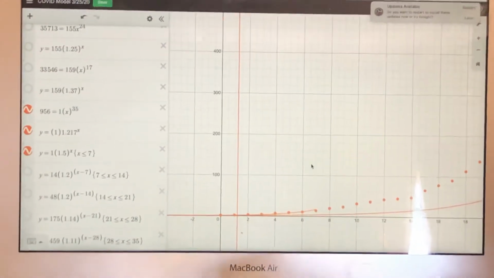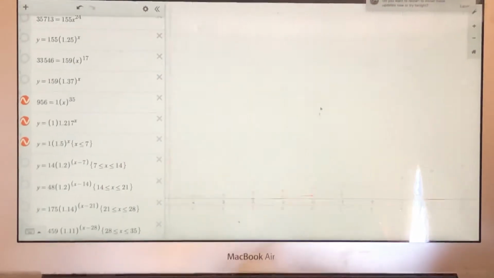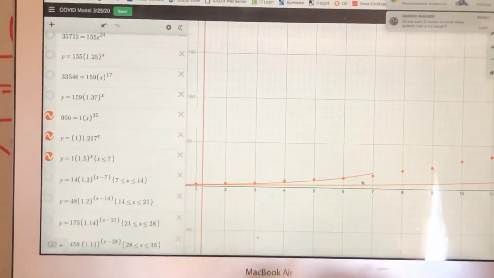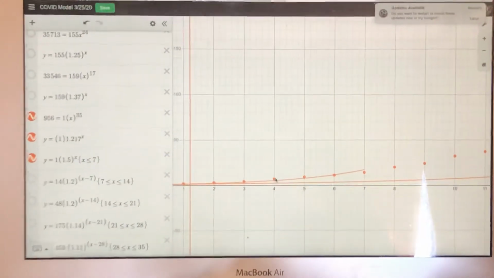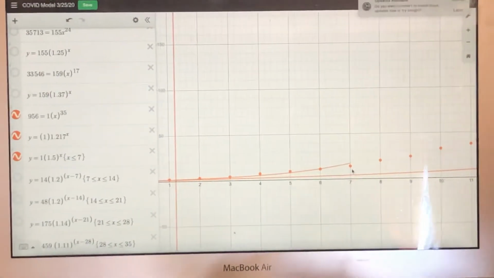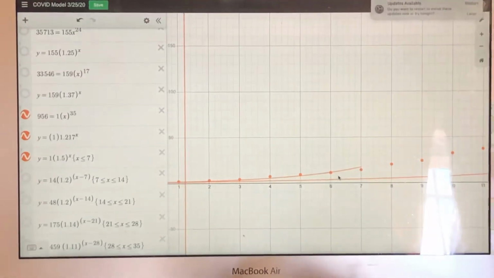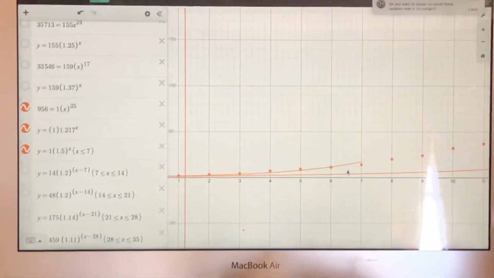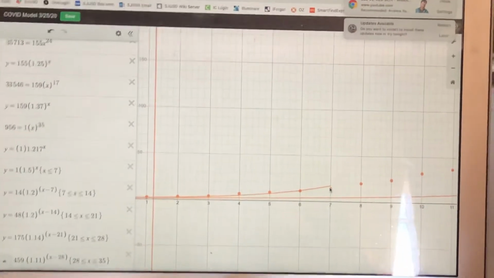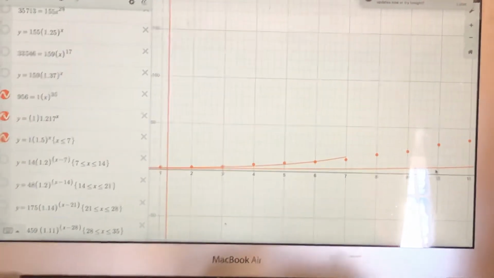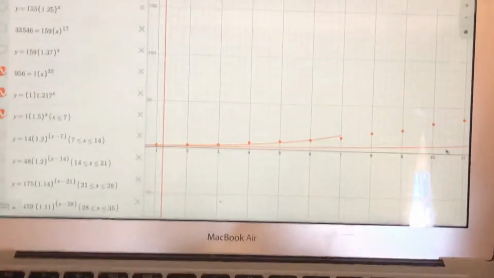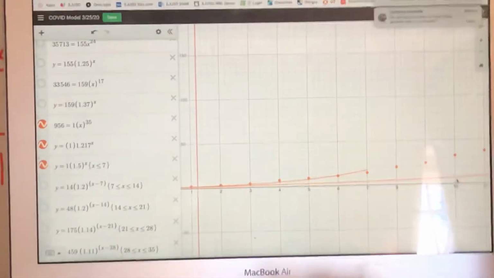Fits pretty well. Again, I'm trying to make sure that I match all the points. I can't match them all perfectly, so I'm going to miss a little on day 4 and day 7. But since they're on opposite sides of the line, it's a pretty decent model. As you can see, this is actually a worse rate than our 1.217 line, which at this point, you'd say that we were actually growing faster than that.